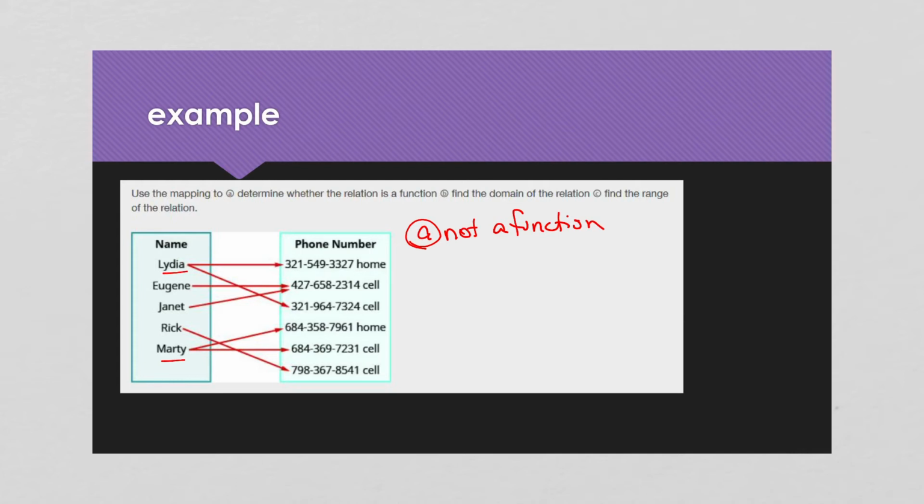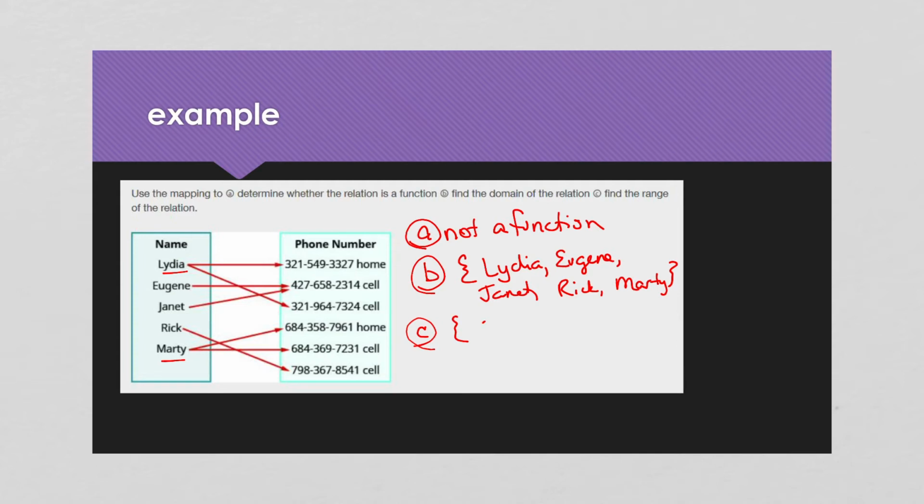Okay, on part B, find the domain. The domain in this case is Lydia, Eugene, Janet, Rick, and Marty. On part C, find the range. The range is all of these phone numbers, 321 549